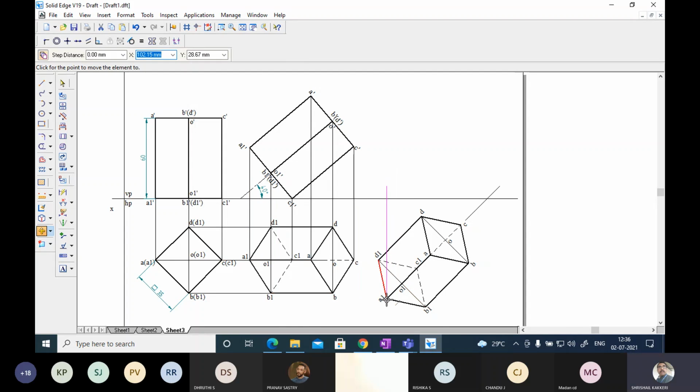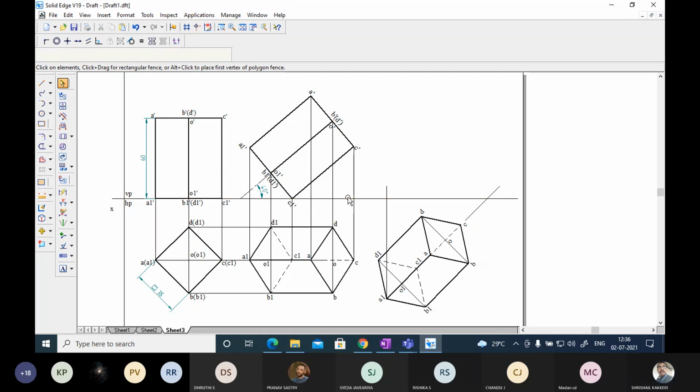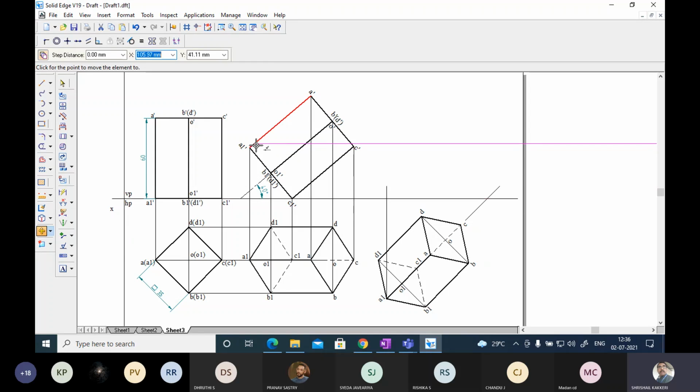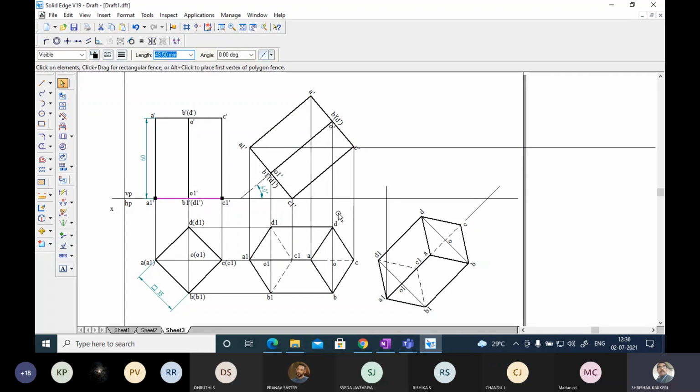Locate point A and select a point, draw one line from A. This portion I am going to trim, I don't want to confuse you in the beginning.